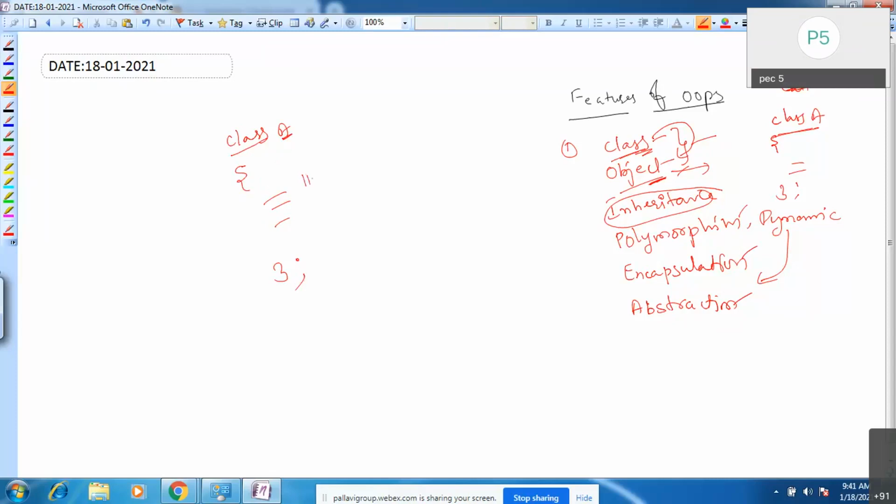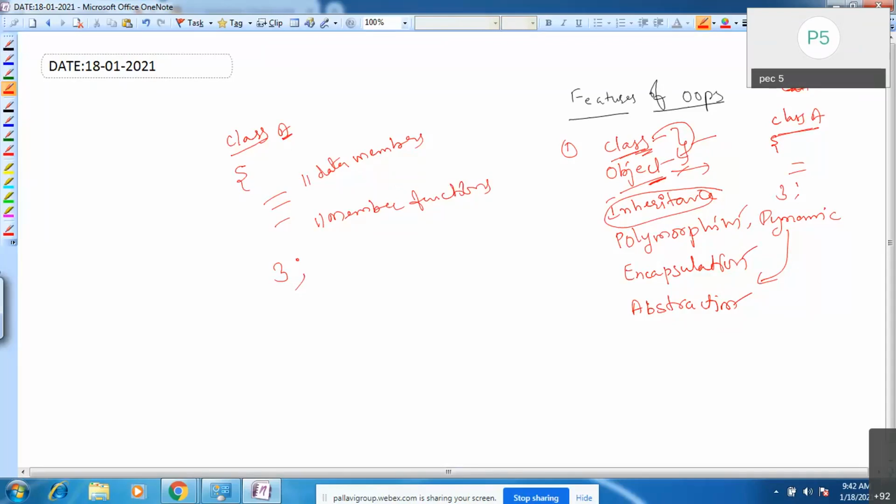Inside this you can write data members and member functions. Once you declare any class, no memory is allocated for it. Once you create an object, only then is memory allocated, and in that you can store your data.